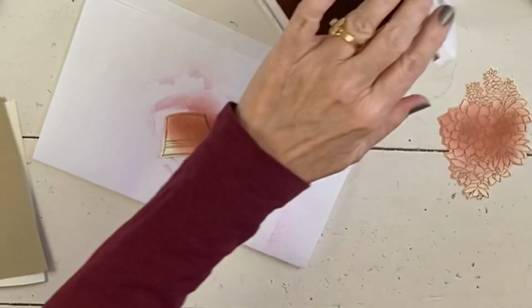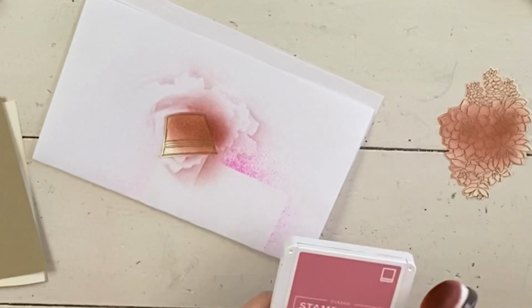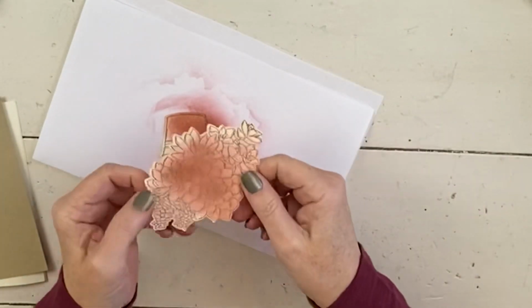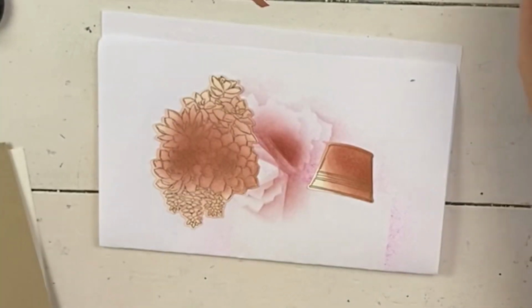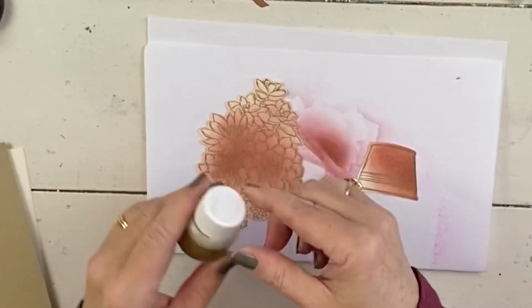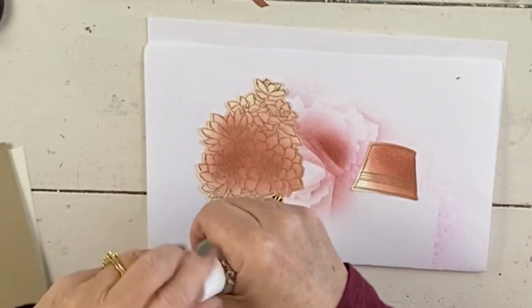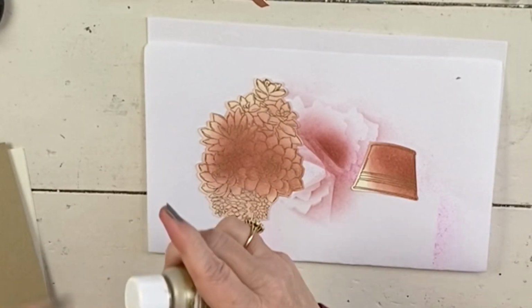There we go. So that's all of our coloring. Nice and simple. Except I want it to be a little bit shiny. Now I'm going to take, you can use a Wink of Stella. I think because I'm going to put a lot on, I'm going to use an empty Wink of Stella and this gold, well, it's the Champagne Mist